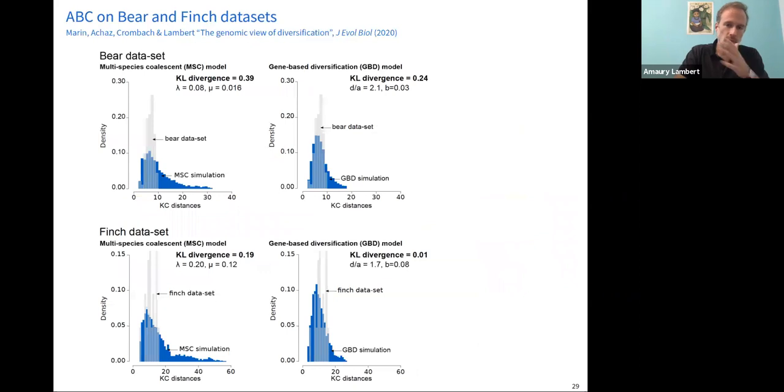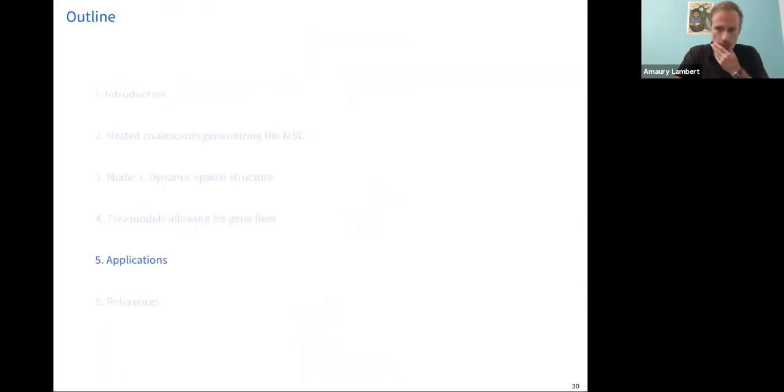Actually, I don't have time to detail these slides, but basically it tells you that at least for these data sets, gene flow is a much better explanation than incomplete lineage sorting due to the randomness of the coalescence process. And so we are working now with Céline Skornavaca from Montpellier and a PhD student called Guillaume Thomas on improving this method and trying to infer now the evolutionary history of the genomes and not only the parameters of the model.